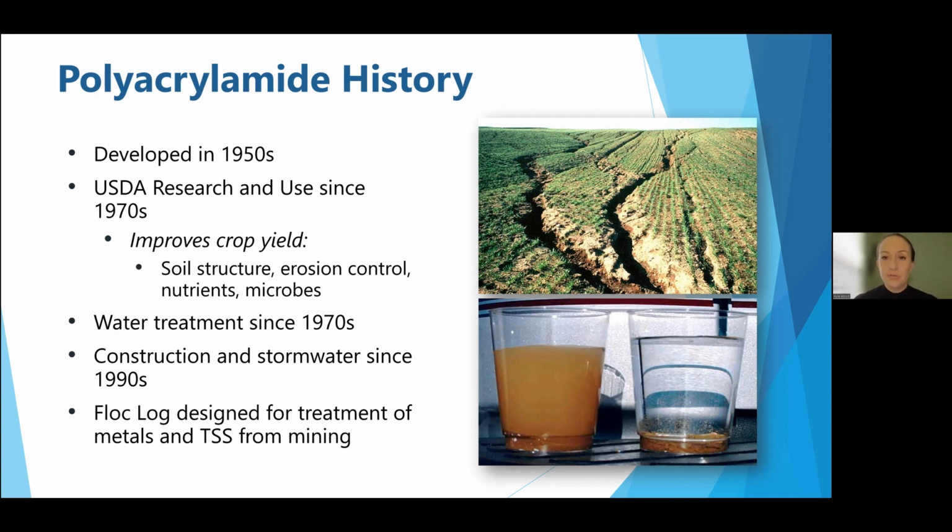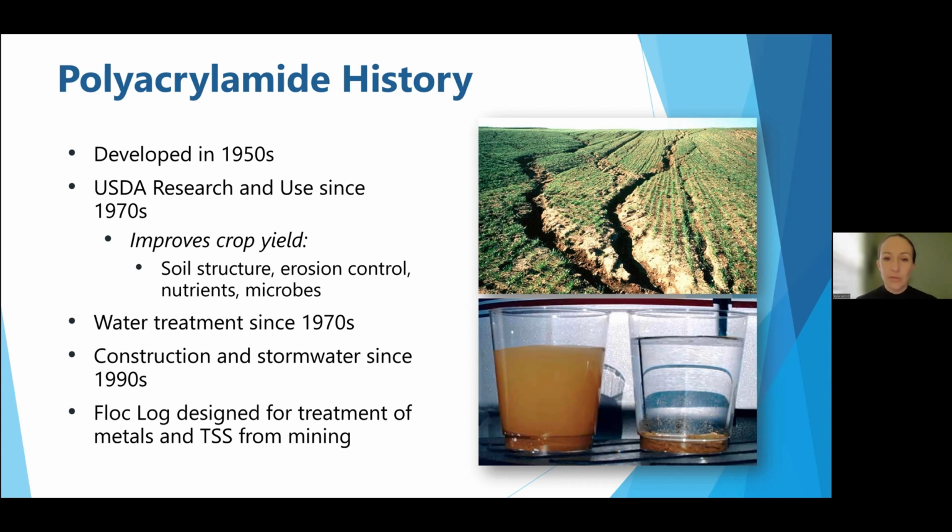In addition to the benefits for erosion control, vegetative establishment in our industry is so beneficial because that's usually our ultimate goal in erosion control. So that's a big benefit. But what we'll be talking about mostly is that it's also really useful for water treatment, and not just construction water or stormwater, but it's also been used for drinking water and wastewater treatment across the world since about the 1970s. So the construction and stormwater use really started in the early to mid 1990s,